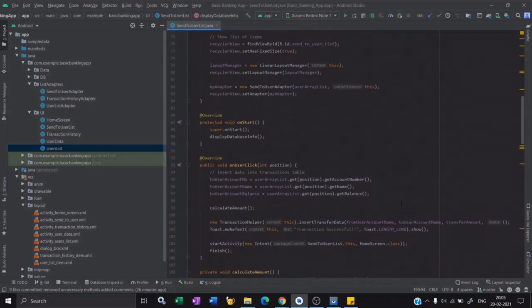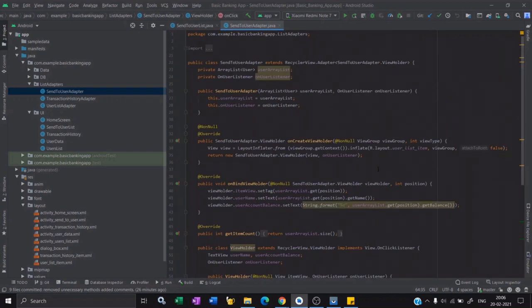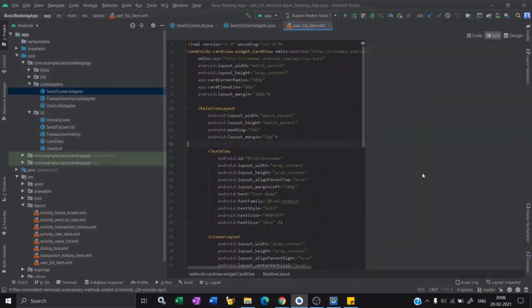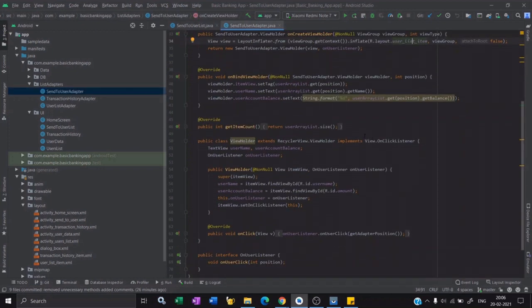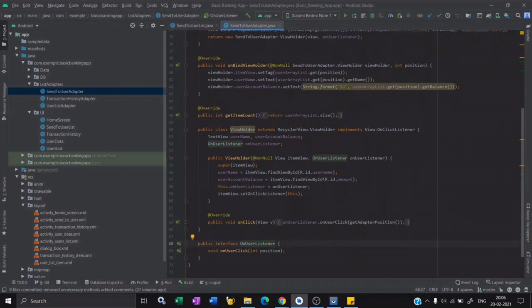So the different thing which you will see here is in the adapter. In the adapter part, it's basically the same code which we have in our recycler view, and we have our user list item. That's the same as the previous one. The new thing here is we are implementing an on click listener on the list item. Whenever you click on a particular user to whom you want to transfer the amount, we will handle the click on it. I have implemented this using an interface which is on user listener.